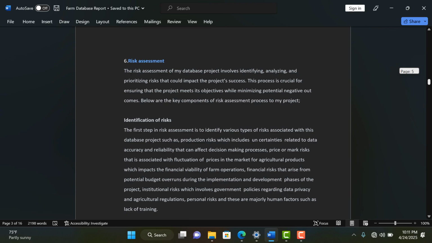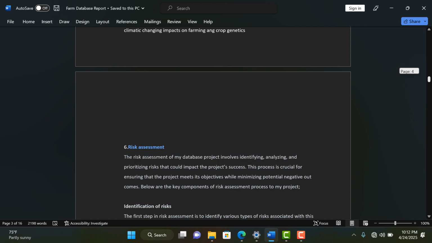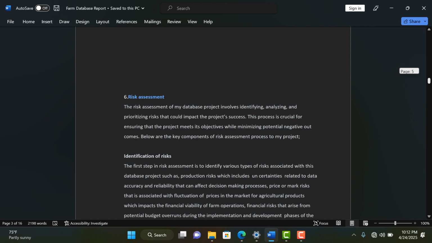You have identification of risks. This is the first step in risk assessment: to identify various types of risks associated with this database project, such as production risks, which include uncertainties related to data accuracy and reliability that can affect decision-making processes, price or market risks